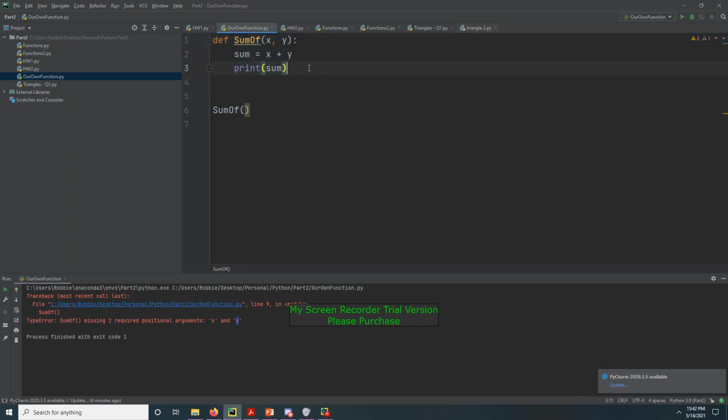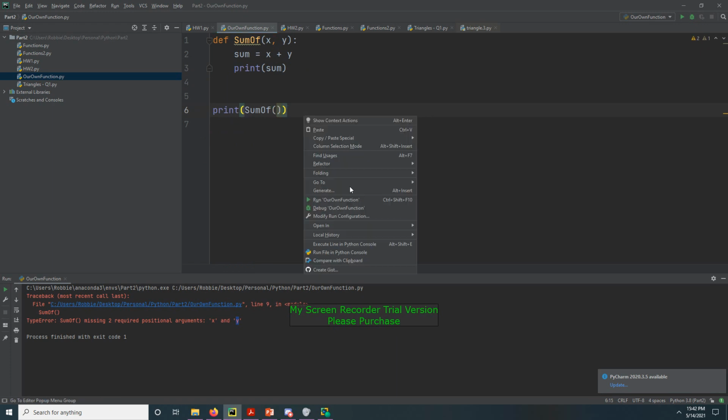So when we create a function as we do here, and we do not have a return keyword, then by default, this will return a value of none. So if we print, okay, so we already have a print in our function, but it doesn't return anything. So what happens now is if I'm going to print sum of, you will see,